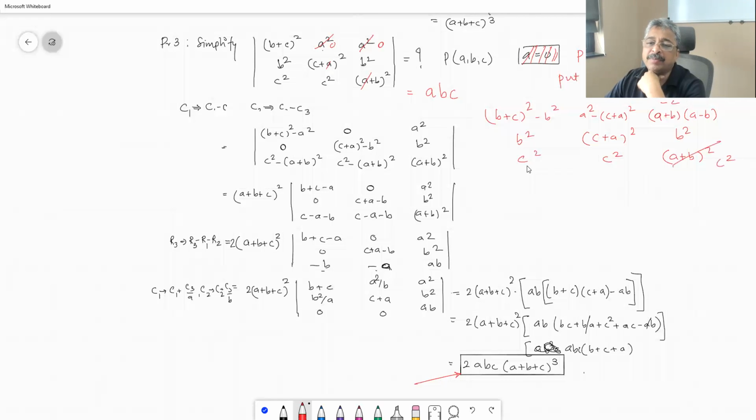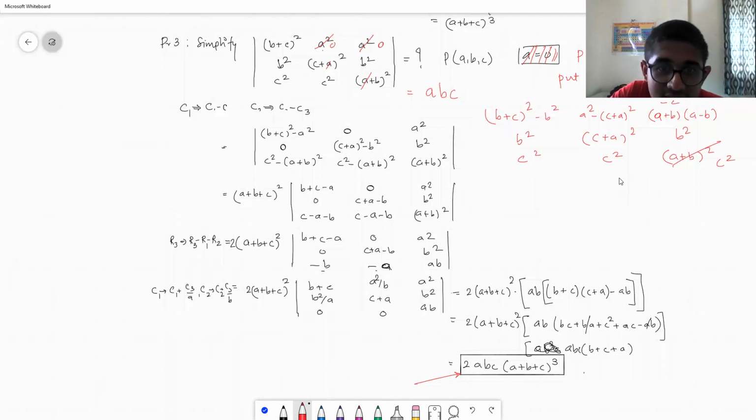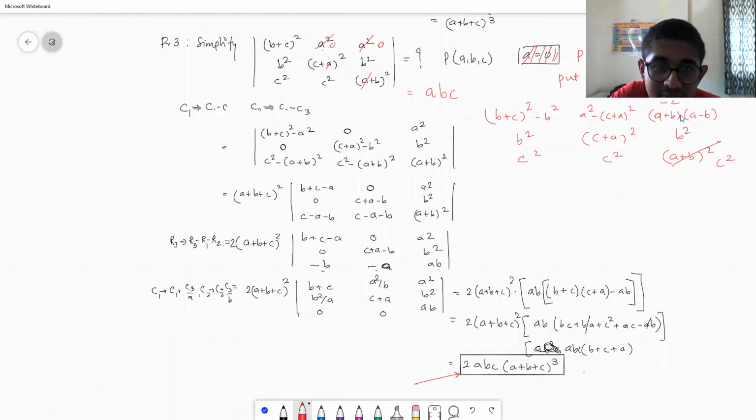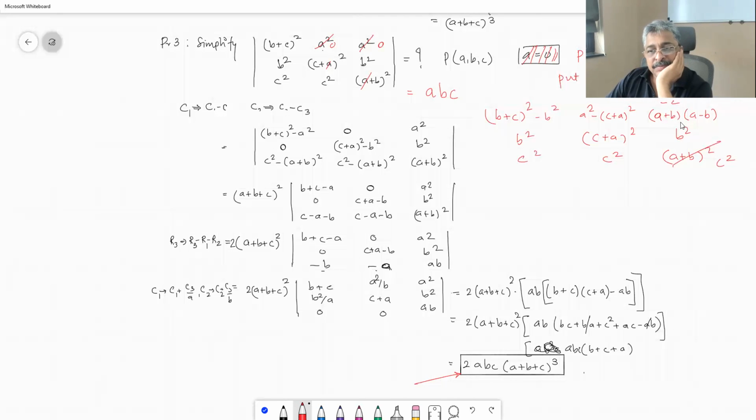Now you can put b plus c is minus a, c plus a is minus b. Simultaneously, if you do all three, it will happen. But equal to minus c, b plus c is minus a will come, right? Yes, all three will come, so all of these will eventually become 0, but you will be able to pull out only one factor a plus b plus c in that case. I am deliberately avoiding that so that only a plus b is equal to minus c is giving me one factor. Then there are two more factors like this, power 3. That is what I was trying.